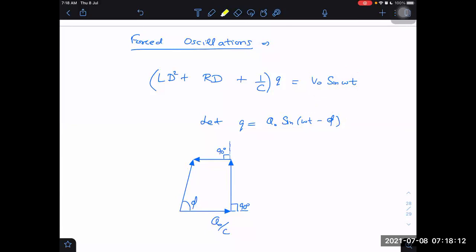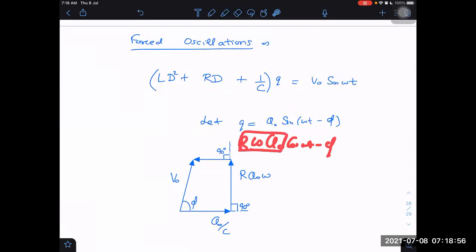So what do we get here finally? V naught, and that side we are getting the double derivative. One more thing, first I have to write here the first derivative. First derivative is R into Q naught derivative into omega, right or not? If I take this here, then I will be getting Q naught cos omega t minus phi into omega by differentiating charge, and then I have to multiply by R also.